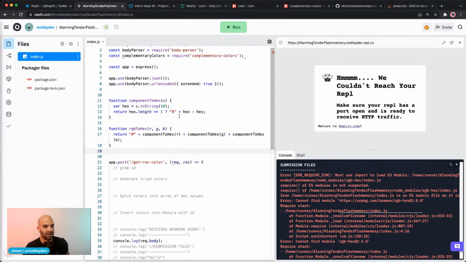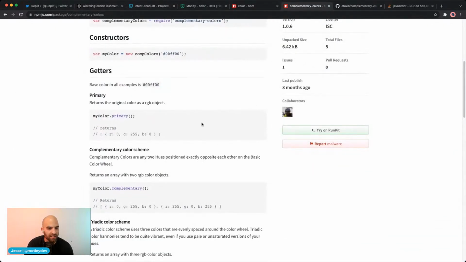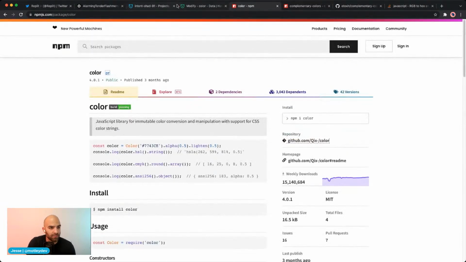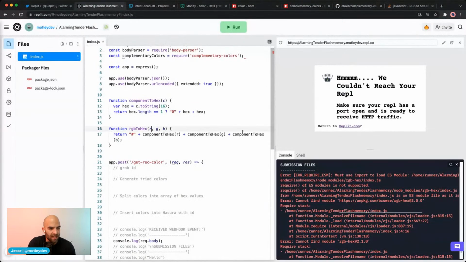So in theory, I just need to pass in RGB to the thing. Let's have a look again at the complementary colors library spitting back out at us. It's spitting back out an object, which means I could probably modify this function just a little bit to assist with that thinking. So if I were to go ahead and spread that in like that,